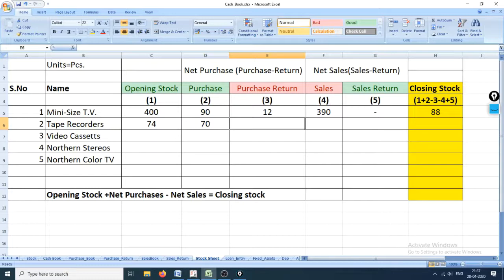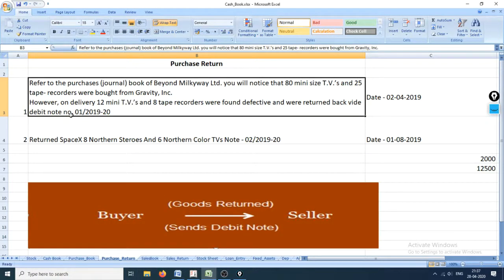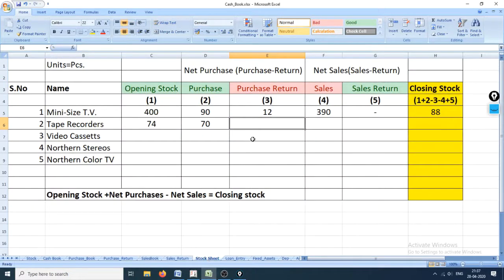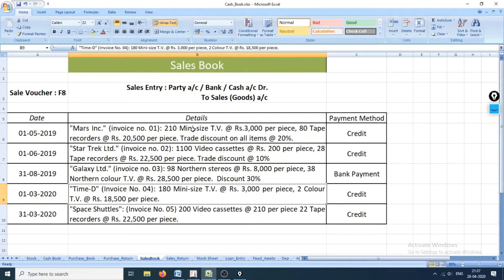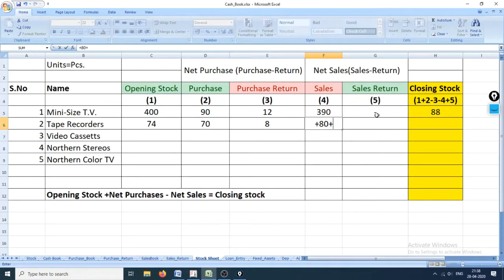Purchase return: let's check. 8 tape recorders are returned. They will not stay with us, as it is a purchase return and we have to return them back. Sales book is 80, 28, and 22. So I'll add plus 80 plus 28 plus 22. Now let's apply the formula.